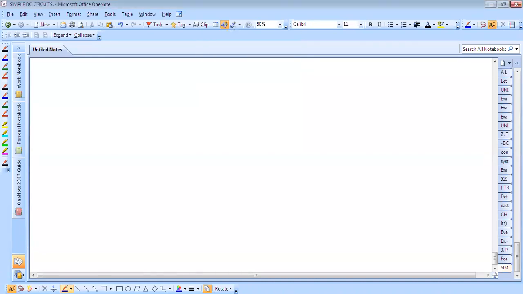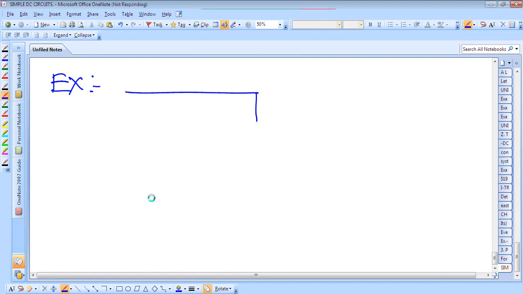Today we'll discuss the comparison between the series and parallel circuits. At the same time, we will also solve one example. The example is that we have two resistors connected in series,